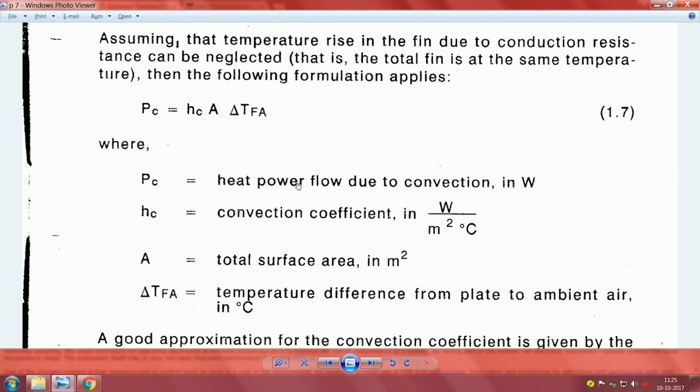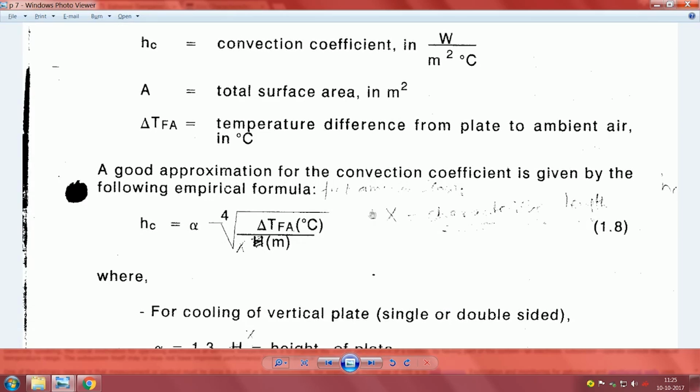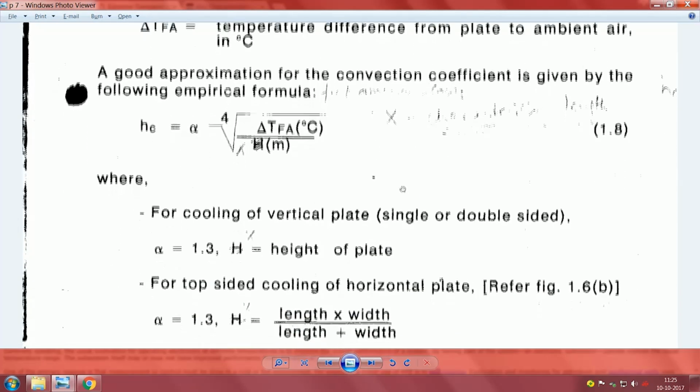We know how much is the power, and if you know the amount of power, we can get a delta fin to ambient. Conversely, if you can specify this fin to ambient, you can show what is the maximum power. As we go down, a good approximation for the convection coefficient is given by the empirical formula, where